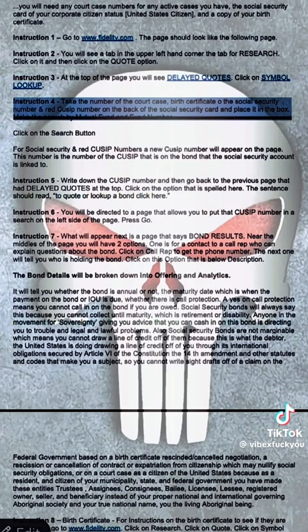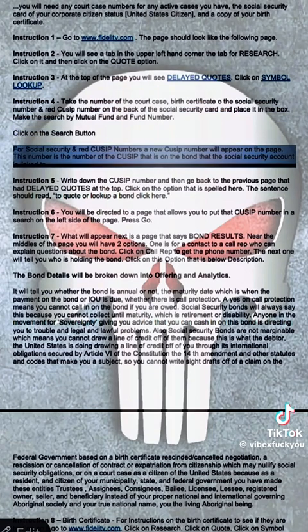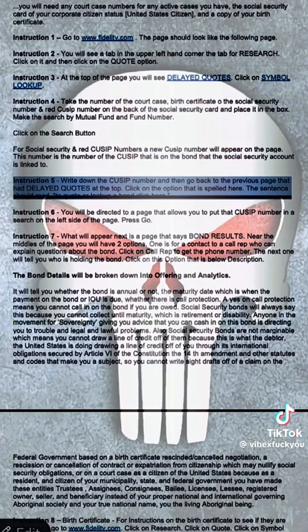Instruction 4. Take the number of the court case, birth certificate or the Social Security number and red CUSIP number on the back of the Social Security card and place it in the box. Make the search by mutual fund and fund number. Click on the search button. For Social Security and red CUSIP numbers, a new CUSIP number will appear on the page. This number is the number of the CUSIP that is on the bond that the Social Security account is linked to. Instruction 5. Write down the CUSIP number and then go back to the previous page that had delayed quotes